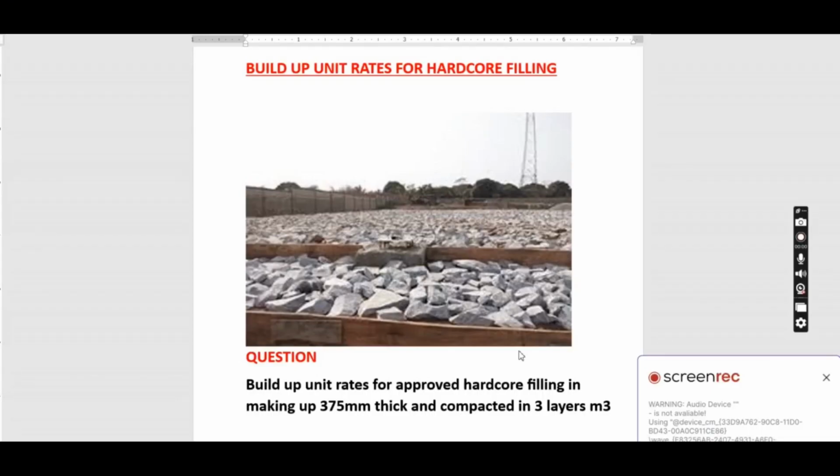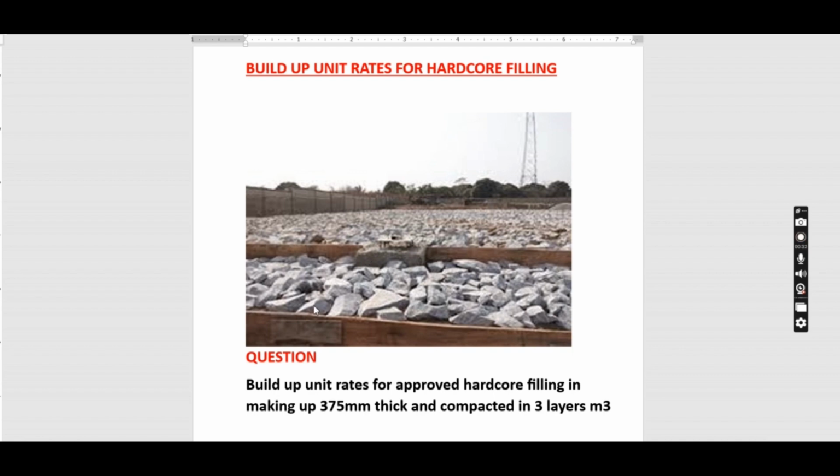A unit rate, we need the cost of the material, and then we also need to find the labor cost, and then lastly we need to find the plant, if there is any plant involved. In this case, when you are building the unit rate for hardcore, we need the compaction plant, that is a roller. When you add the three items that you have, that is the material, the plant, and labor, and then you add profits and overheads, you'll be able to build up a unit cost or estimate the cost